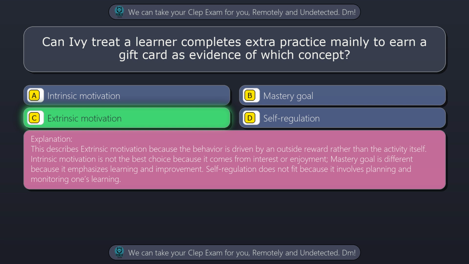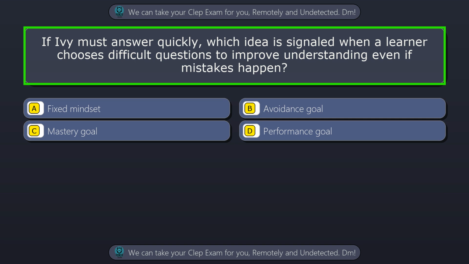Intrinsic motivation is not the best choice because it comes from interest or enjoyment. Mastery goal is different because it emphasizes learning and improvement. Self-regulation does not fit because it involves planning and monitoring one's learning. Question 28. If Ivy must answer quickly, which idea is signaled when a learner chooses difficult questions to improve understanding